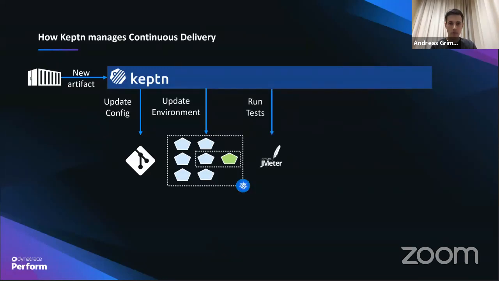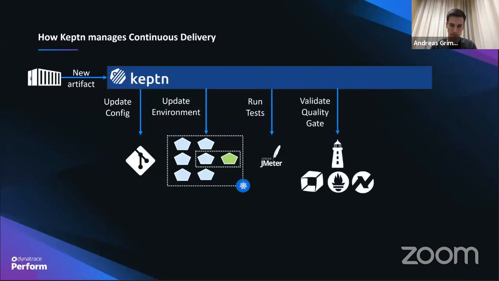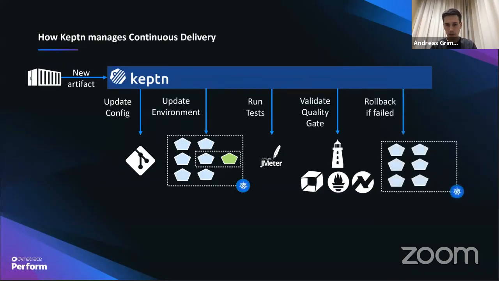And as next step, we can now trigger our tests, which are JMeter tests. And these JMeter tests run performance tests and will produce metrics. And the metrics then are, of course, monitored either by Dynatrace, Prometheus, or Neotys. And Keptn allows you to validate these metrics using a so-called lighthouse service. And we will see details how this will work in the next slide. But finally, the lighthouse service gets back an evaluation result. This can be successful, warning, or failed.